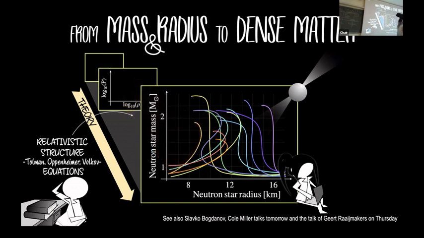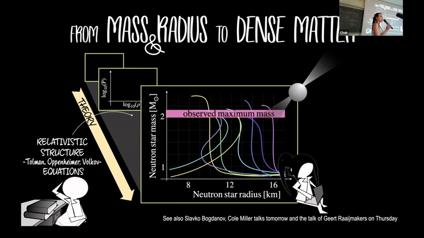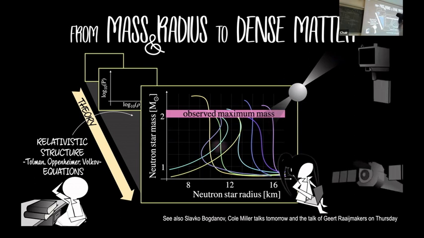And so far, one of the most important observations that have been useful in terms of constraining the equation of state is the observed maximum mass. And indeed, in the last decades, we have observed increasingly more massive neutron stars, and these have already excluded some of the theorized proposed equations of state. But looking towards the future, what we really want